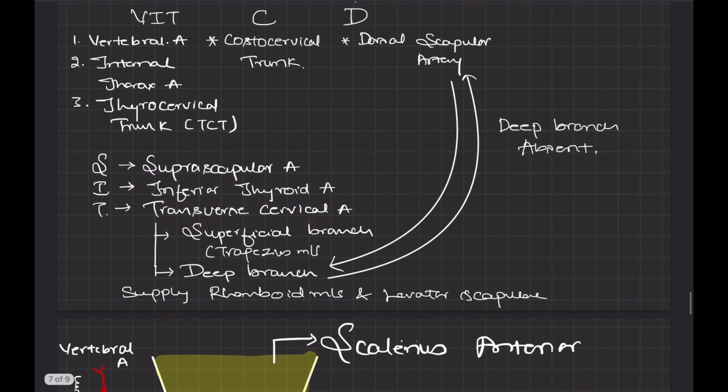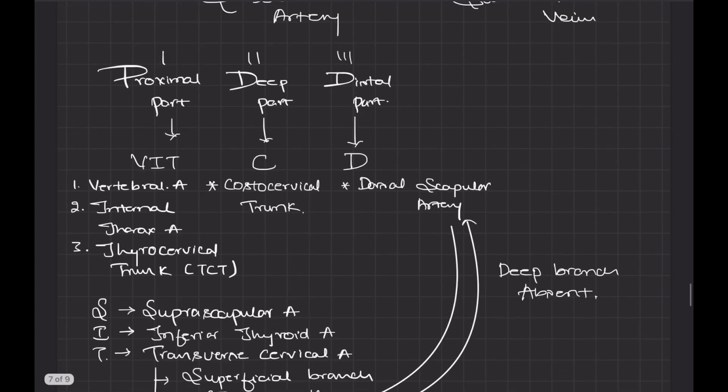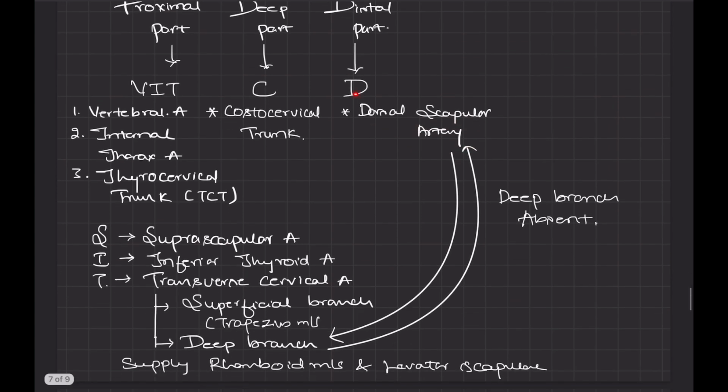artery. The transverse cervical artery gives rise to two branches, that is the superficial branch, which supplies the trapezius muscle, and the deep branch, which supplies the rhomboid muscle and the levator scapulae muscle. The second part, which is the deep part, gives rise to the costocervical trunk. The third part, that is the distal part, gives rise to the dorsal scapular artery. The dorsal scapular artery is present only when the deep branch of the transverse cervical artery